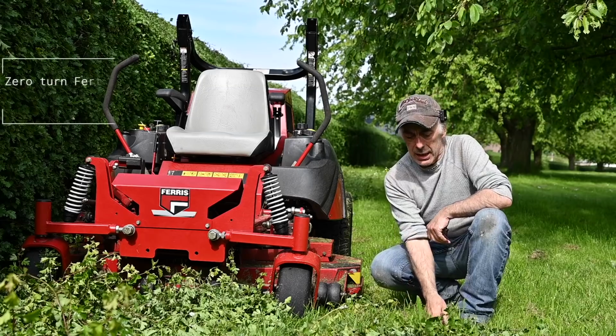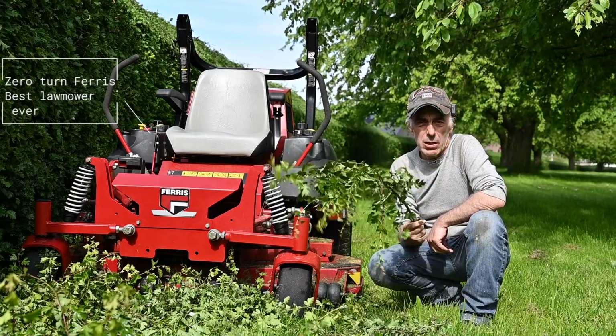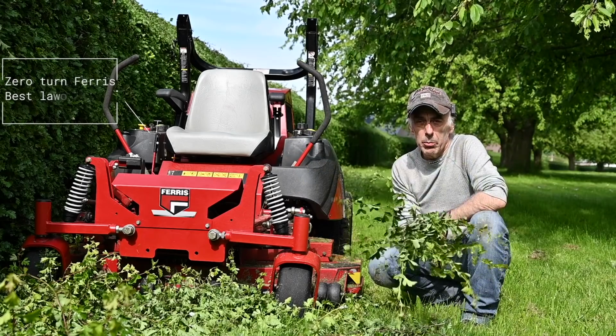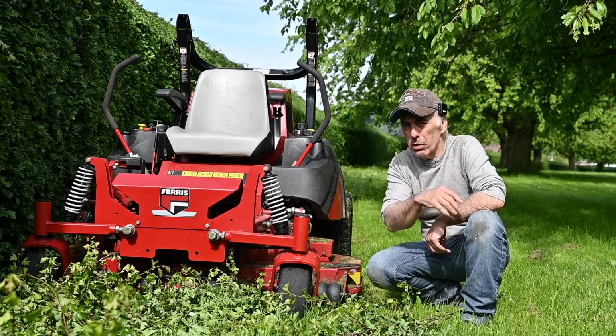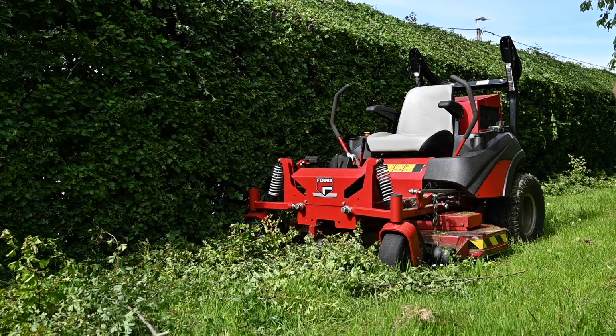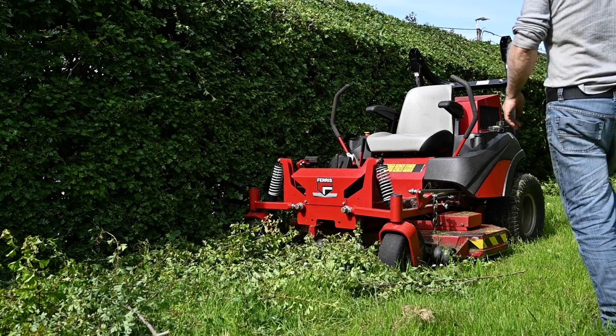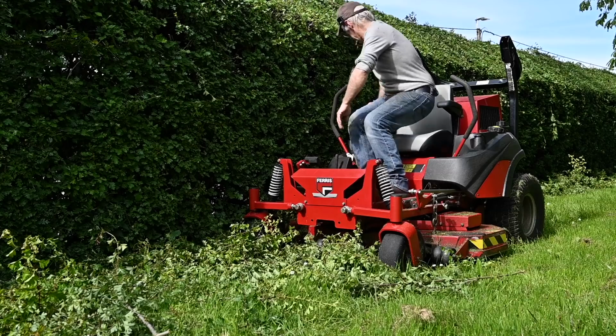I'm a pretty lazy guy, so I'm not gonna rake all this up because that's way too much work. You know, some people do. I'm just using my lawnmower to drive over it a couple of times and then it's all gone. All right,